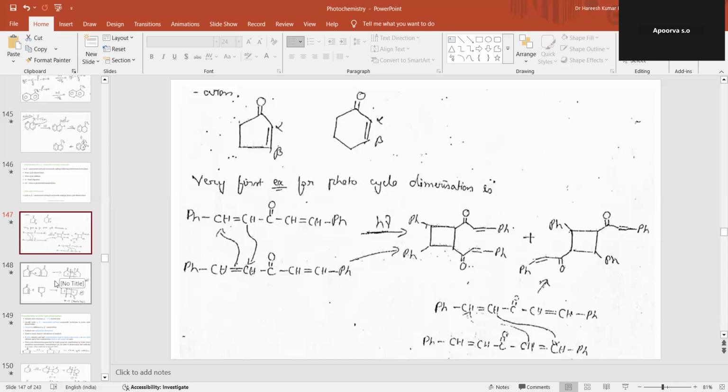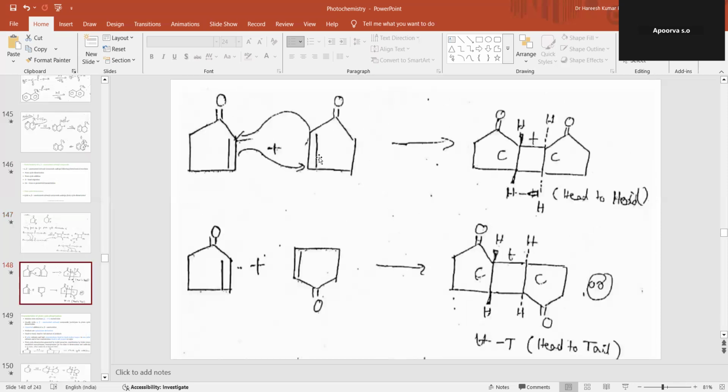Let's take one more example. So here is 2 plus 2 cycloaddition, 2 pi electron cycloaddition. But here you can observe that there is a difference. What is that difference? This 2 plus 2 addition is called head-to-head cyclization. And this one will be the head-to-tail